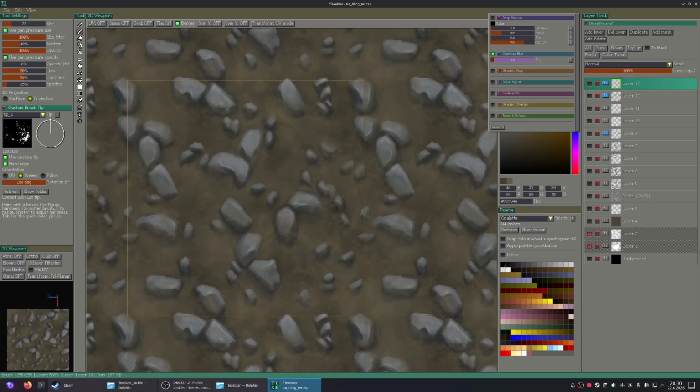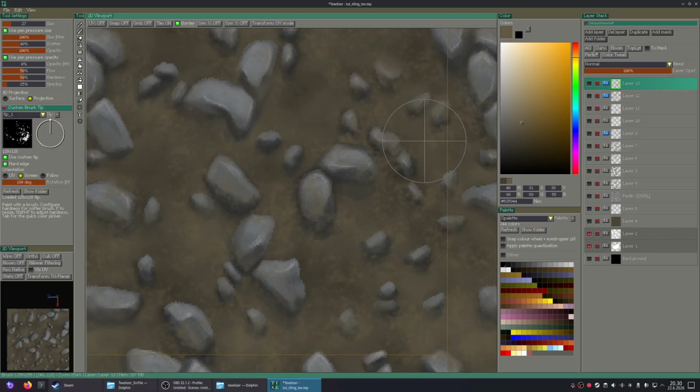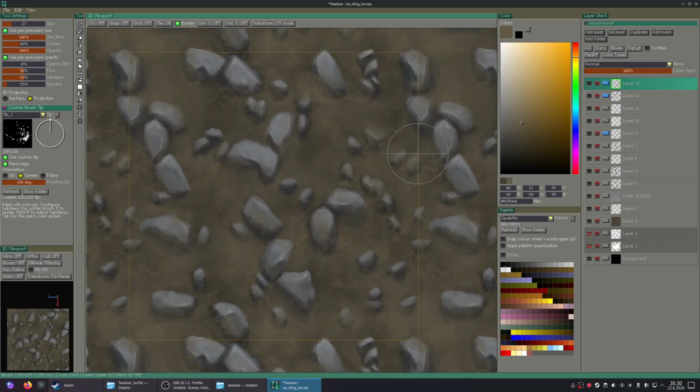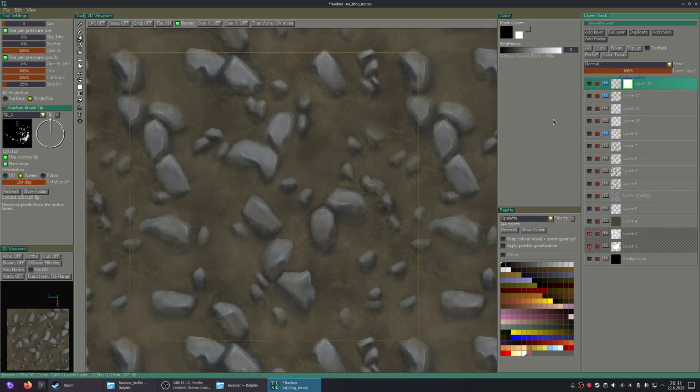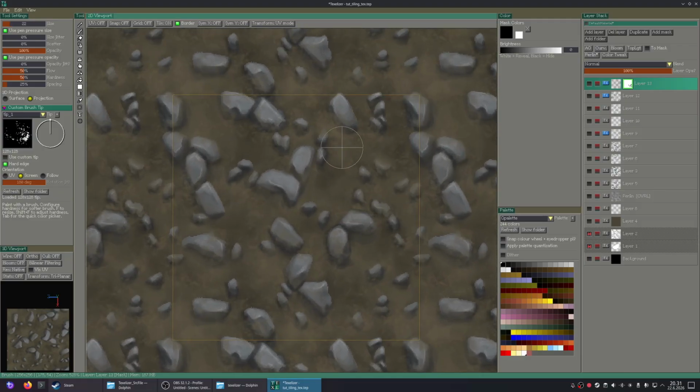What if I just do like this? Something like that. For example, like a bit of texture there, and then I might actually make a mask and then start erasing it away a bit. Does it work? I need to disable these now, because it's a little bit too much.